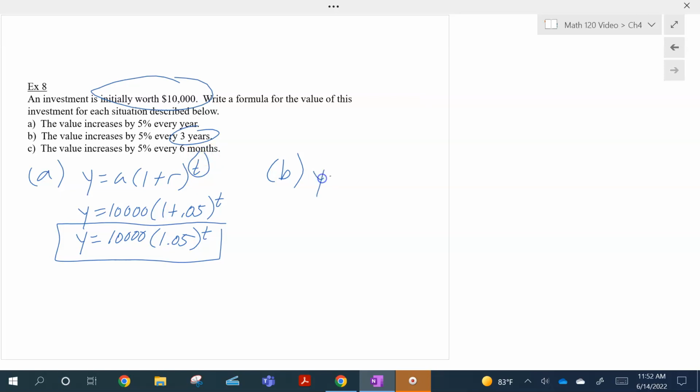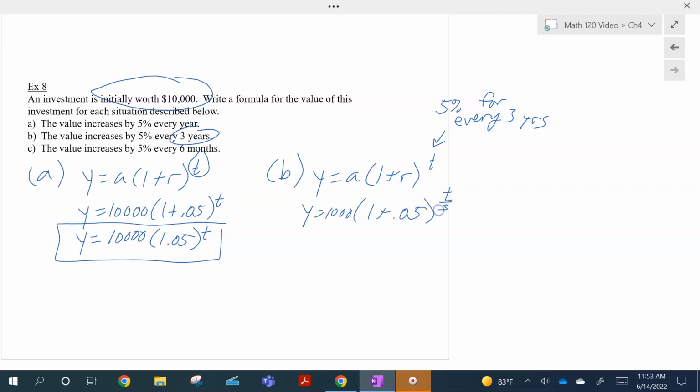So what I'm going to do is, that can only go up 5% for every, not too often, only every 3 years. So what I'm going to do is take that and divide it by 3. So if you think about that for a minute,